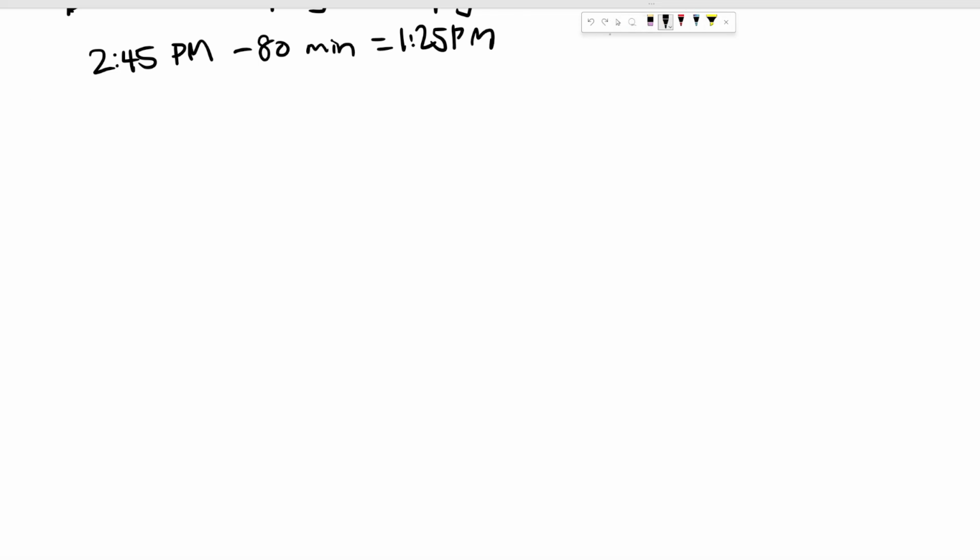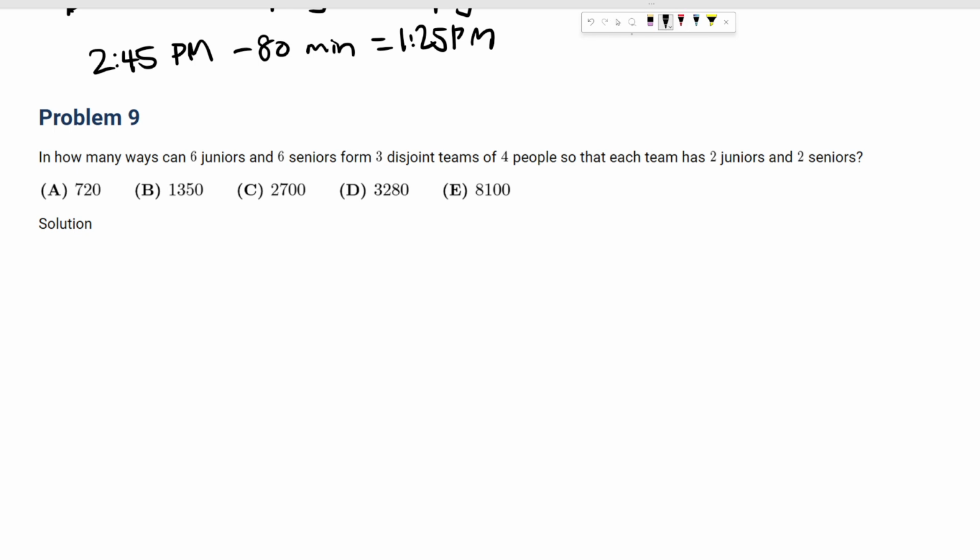All right. So, problem 9. In how many ways can 6 juniors and 6 seniors form 3 distinct teams of 4 people so that each team has 2 juniors and 2 seniors? So what we're going to do is form 3 groups of 2 in the 6 juniors, 3 groups of 2 in the 6 seniors, and then multiply by 6, because that's the total number of ways where we can rearrange these to